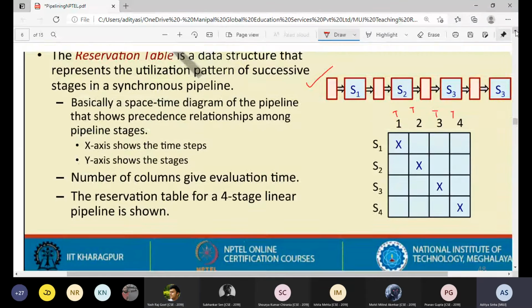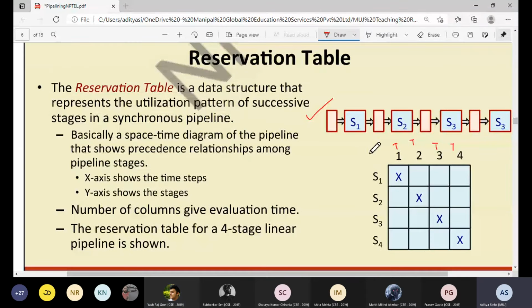Okay. Reservation table, I think we discussed. It's just symbolizing which of the segments are actually getting used in which of the time steps. So this is time step 1 में S1 use हो रहा है. This is an example for one of the instructions, a sample instruction. In time step 2, S2 is getting used. So this is for the linear pipeline. So nothing is getting overlapped in here.